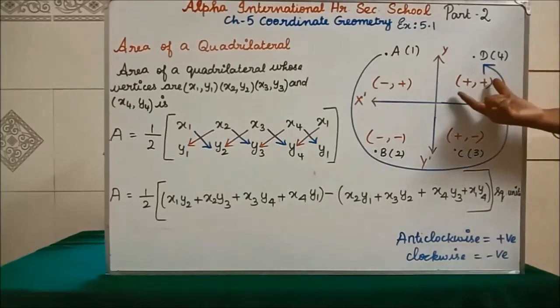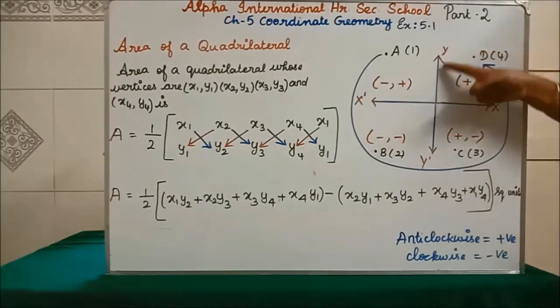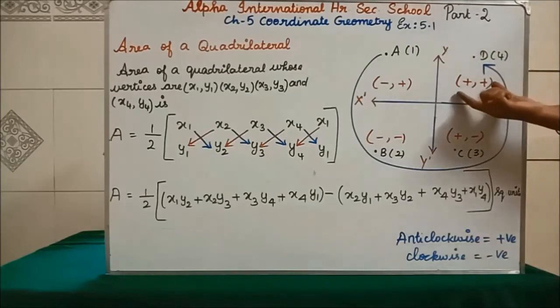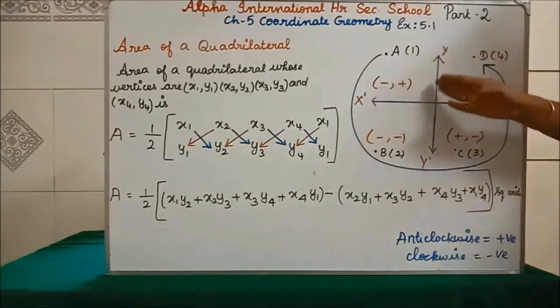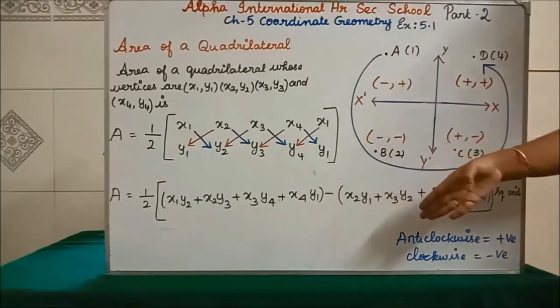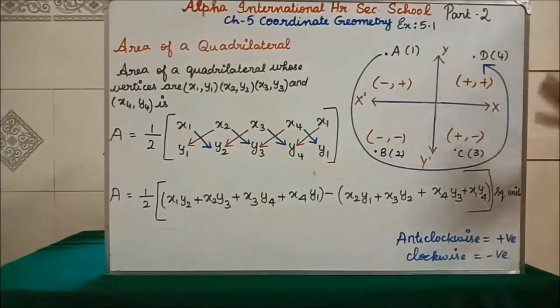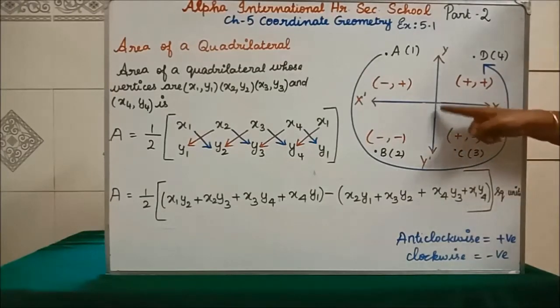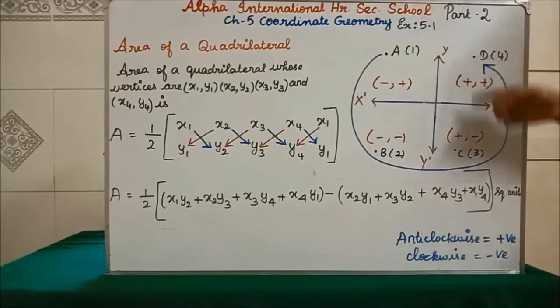We all know this is our first quadrant. First quadrant means, this is our x-axis, x will be positive and similarly y will also be positive. So the first quadrant is plus, comma, plus. The second quadrant is minus, comma, plus. Here x will be negative and y will be positive. In the third quadrant, we have both negative. X is negative and y is also negative. Then the fourth quadrant is what? X is positive and y is negative. So plus, comma, minus.